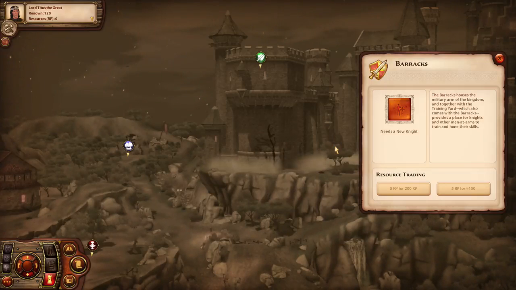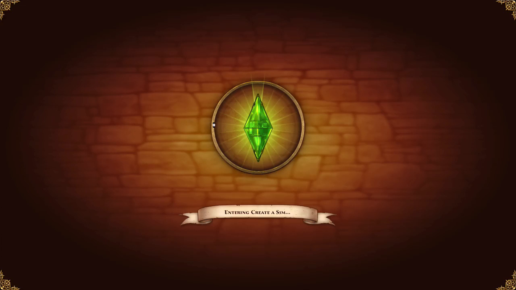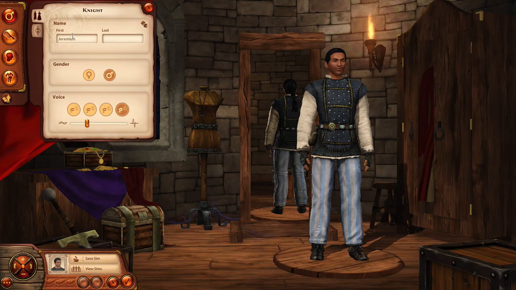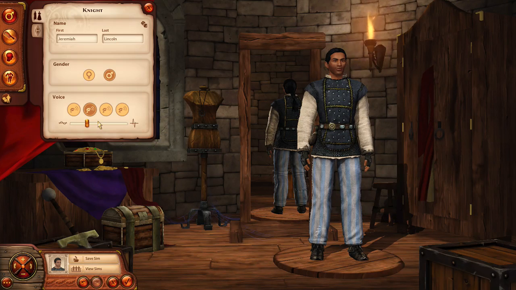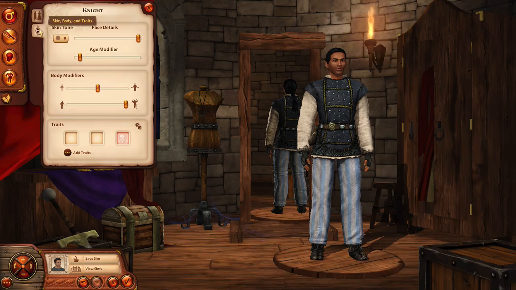And it is going to need a knight. Let's go ahead and I think we'll make a male knight. Create a knight. All right. How about Jeremiah? Lincoln. Very original. Let's go ahead and use this voice. Yep, let's go ahead and do...